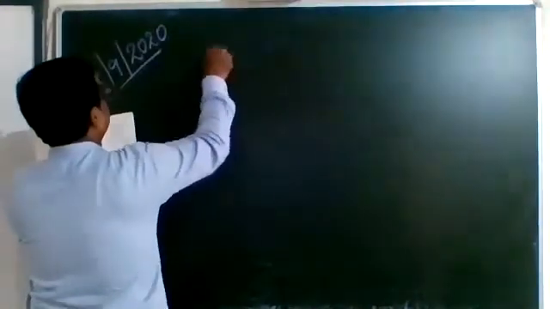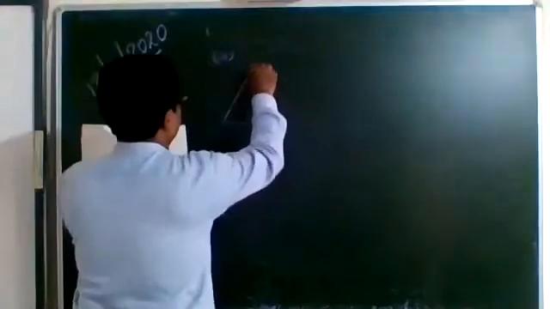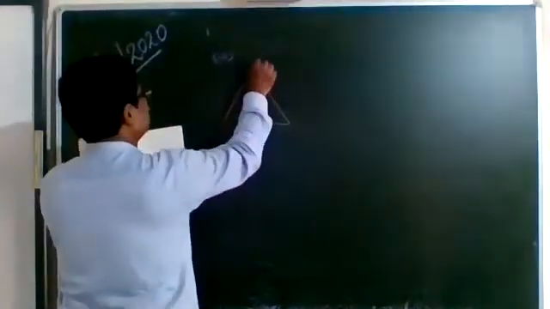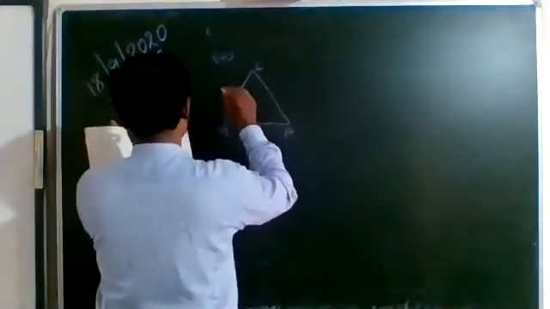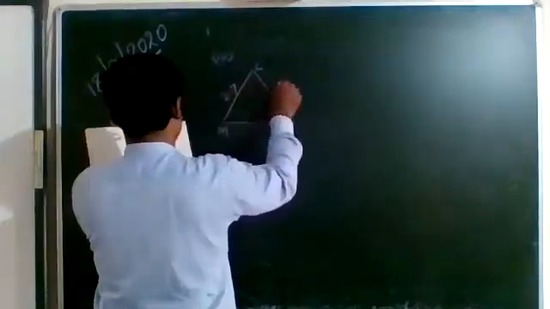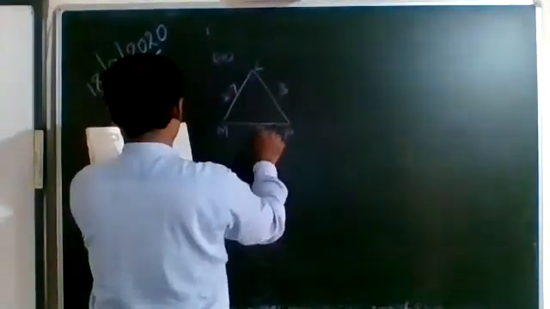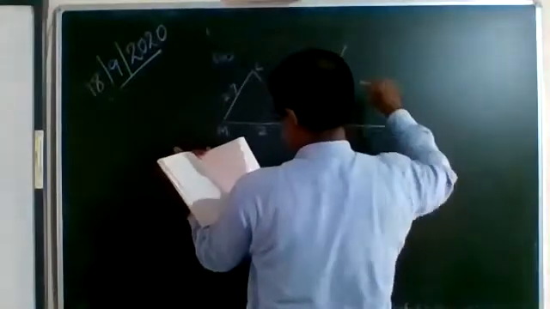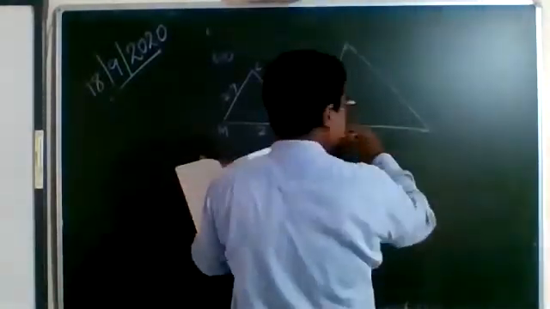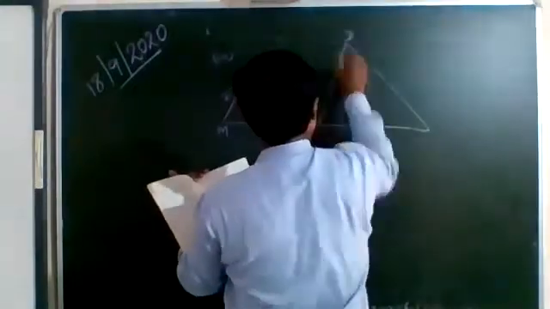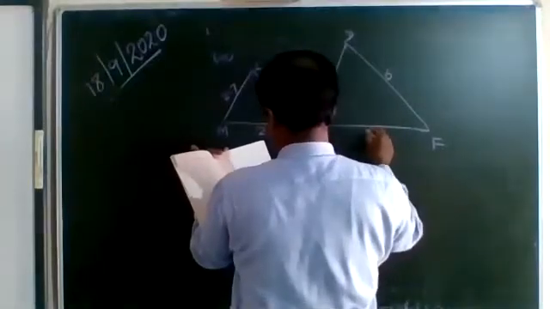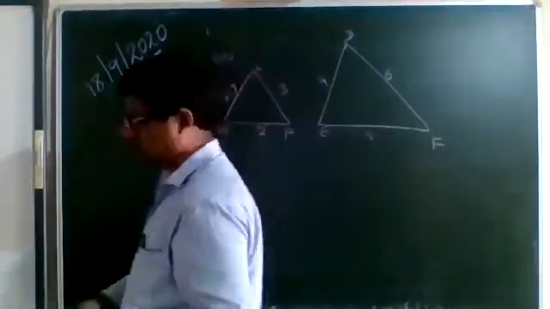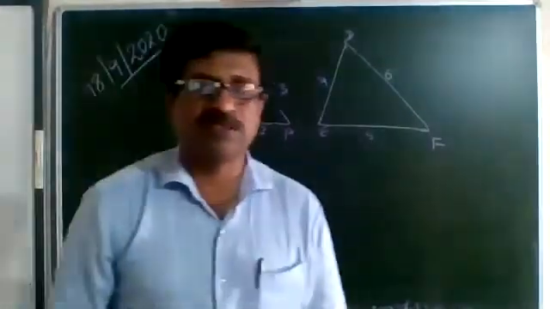I'm taking the third part of the first question. The two triangles are given, those triangles L, M and P. The measurements of the sides are 2.7, and then we have a bigger triangle where the measurements of the sides are 4 centimeters, 6 centimeters, and 5 centimeters. We have to check whether the triangles are similar or not.